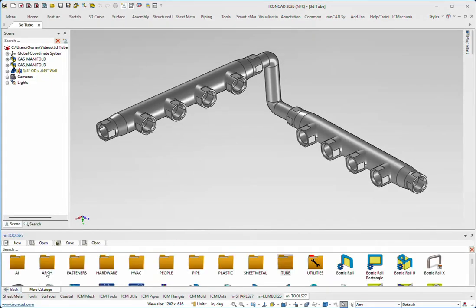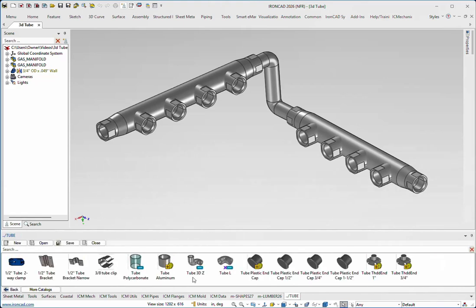I just wanted to give you an overview of our Magna Tools catalog. Under the Tube subfolder, we have something called Tube 3DZ, and I wanted to show you a practical use on how you would use this. All right, so in this